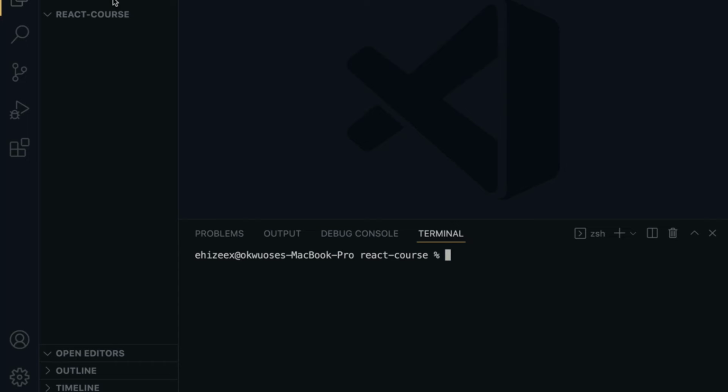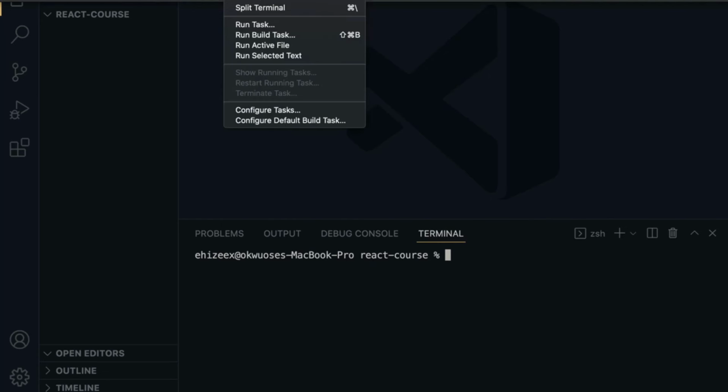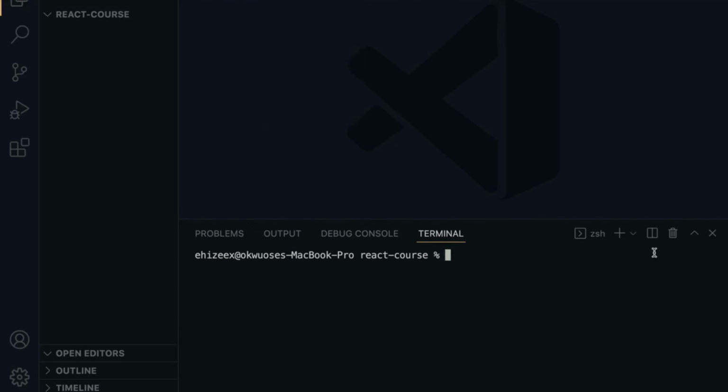And as well, if the shortcut doesn't work for you, all you have to do is to go to the top and then Terminal, New Terminal. You click on it, it opens up for you. And right at the terminal, we have to create a new React app. npx